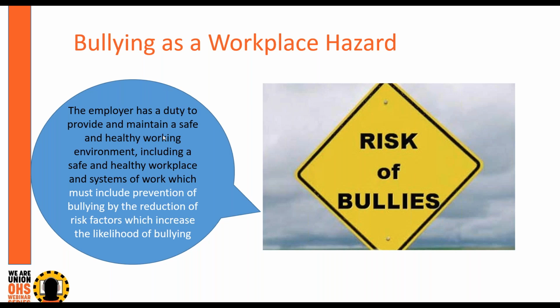The employer must also monitor the workplace, monitor the health of employees, and consult with the HSR and with employees on the identification, assessment, and control of risks. So some uncontrolled risks at the workplace which increase the likelihood of bullying can include a lack of transparency in management and decision-making processes, which can affect the staff. It could be perceptions of poor morale and poor